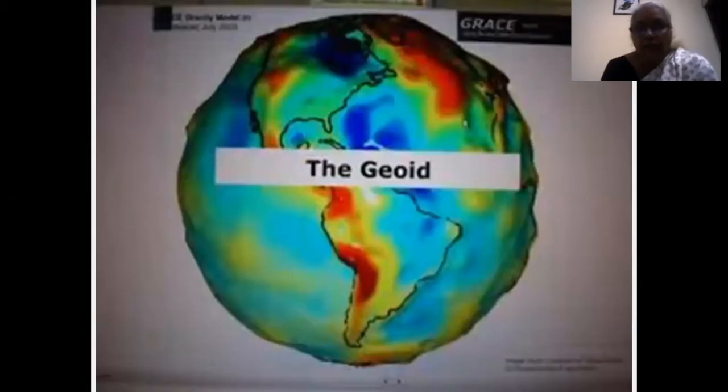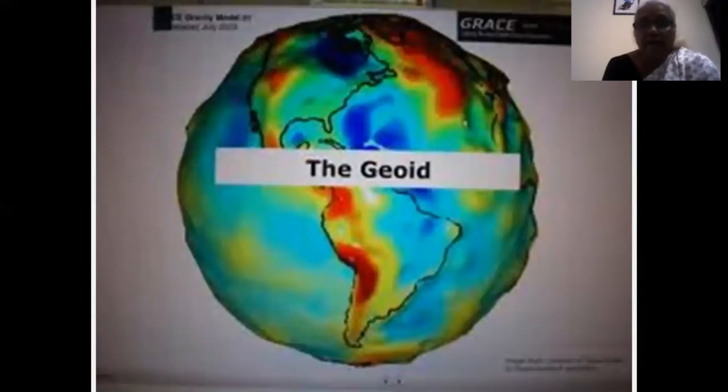But a common term that is used to show the shape of the Earth is geoid. Now, geoid is only the shape of the outer surface of the Earth with reference to the height or depth below sea level. So if we take off all the water, this is what our Earth looks like, and that is what geoid is. And we use the word geodetic in terms of height or depth below sea level and above sea level.